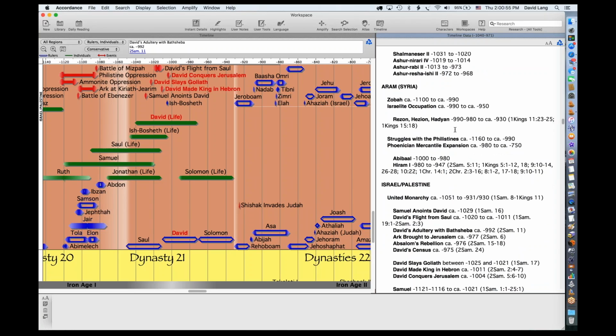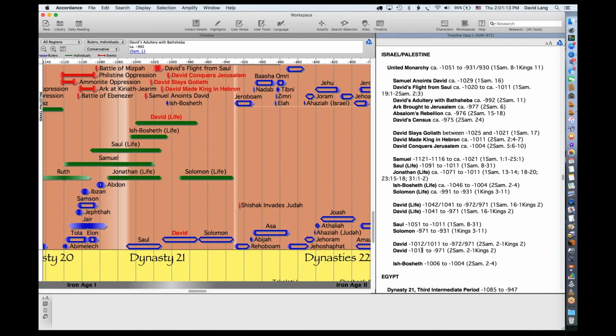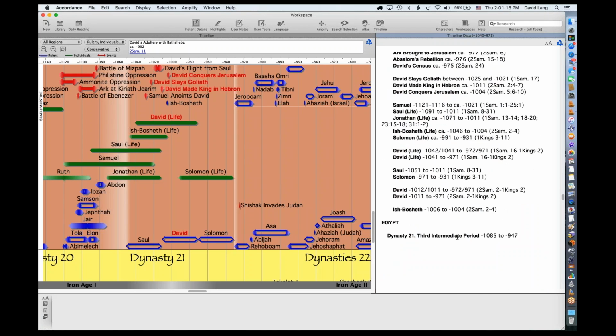And then you have struggles with the Philistines. This is the Phoenicians struggling with the Philistines and expanding, starting their mercantile colonies and so on. And these are the Phoenician rulers. And then in Israel, you've got the events of David's life, and in Egypt, you're in the third intermediate period. So another period of weakness and relative